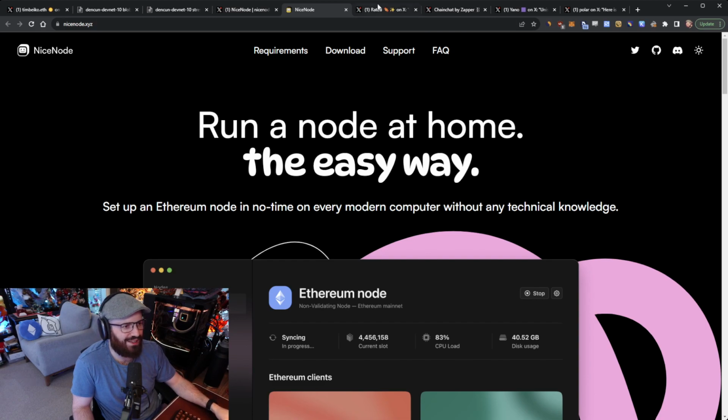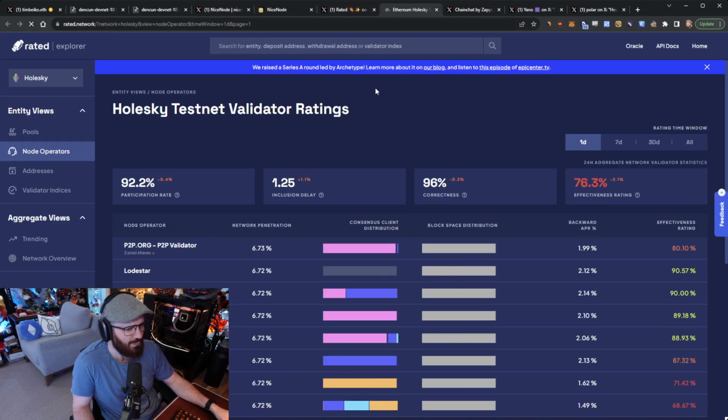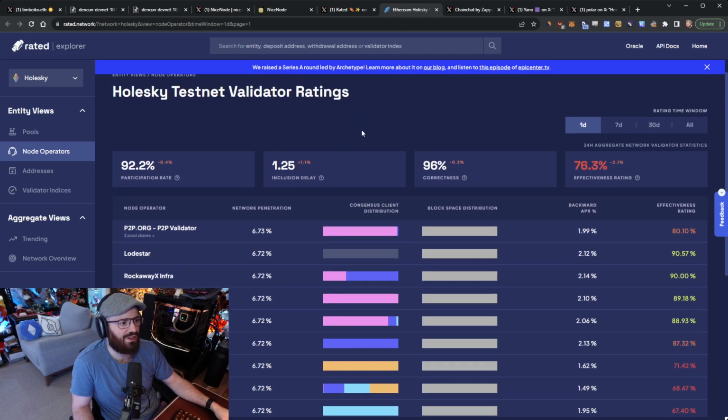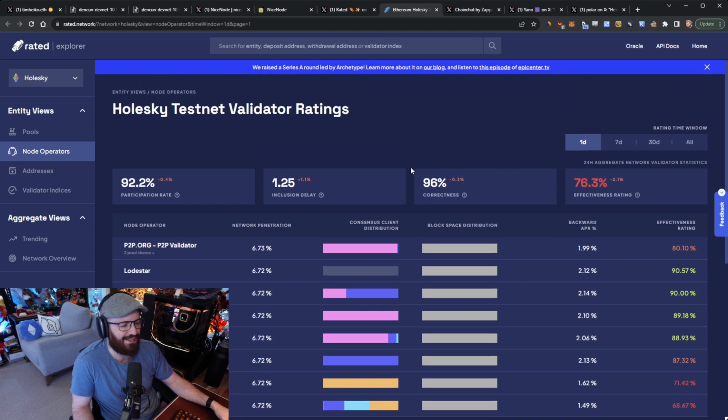Moving on to the next thing that I wanted to talk about, which was a new feature from Rated.network. They now have a page that covers the Holesky testnet. So you can go here and check out all the various metrics around the Holesky testnet validators, such as participation rates, inclusion delay, effectiveness rating, and all that. But do keep in mind that this is a testnet. This is not mainnet, so obviously the effectiveness rating is going to be quite a bit lower, because there's, again,